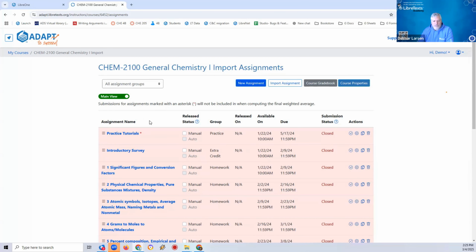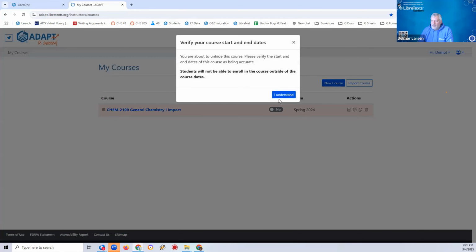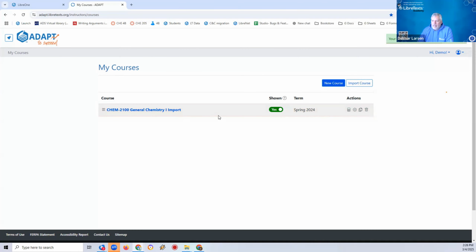So let's talk about a couple things associated with this course. The first thing that you'll notice is that you have a red hue. I'm going to go back to the course. This is a set of breadcrumbs. So here's my course. Now I have a red hue. The red hue is basically the same as a status of being unpublished, like it would be in Canvas, if you're familiar with Canvas, and I'm sure other LMSs have something similar. So in other words, students will never see this course existing at all. Even if they're enrolled in it, they won't see it as long as it's red. And if I turn it on, in this case here, it is now viewable if a student were enrolled.